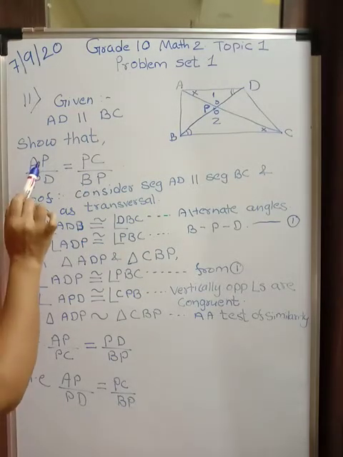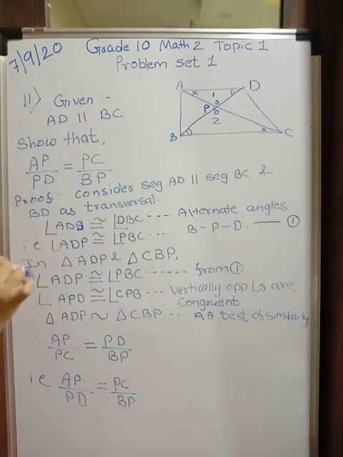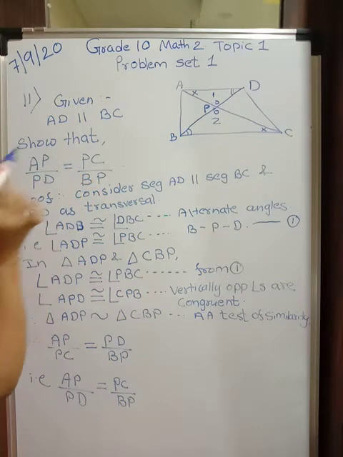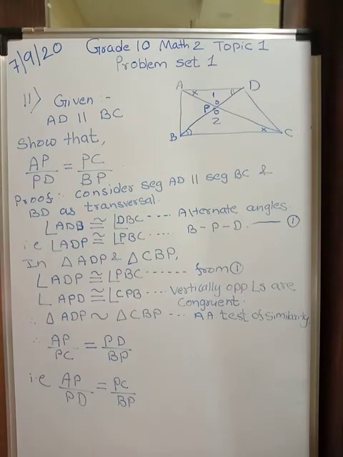Now see, there are three sides for a triangle, but we are interested in only these four. So choose the corresponding sides as per what has been given, keeping in mind what it is that we have to prove. We have to show these four, so consider only these proportions. So first is what?